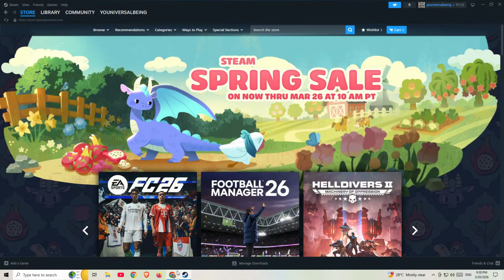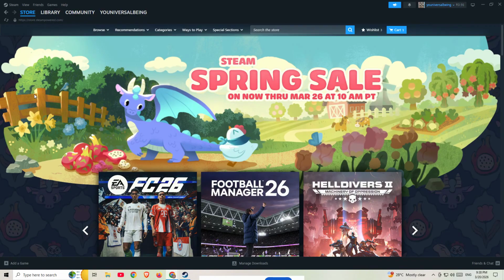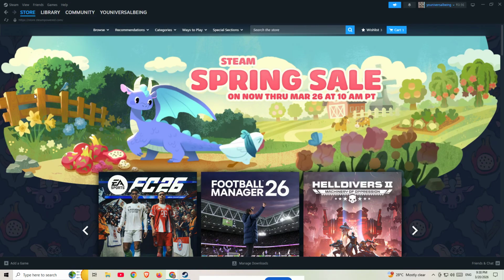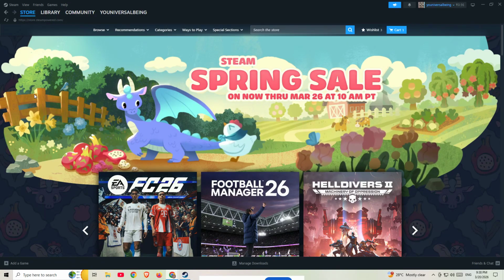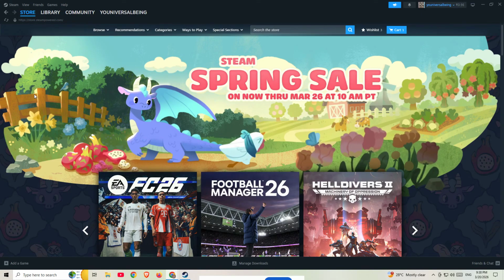If you want to know how to enable big picture mode in Steam, you're in the right place. In this quick guide, I'll show you the simple steps to launch it, what to expect when it opens, and how to exit it when you're done. Big picture mode is great if you want a more console-like Steam experience, especially for using Steam on a TV